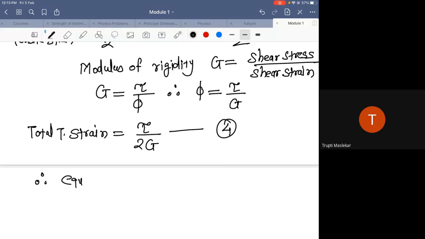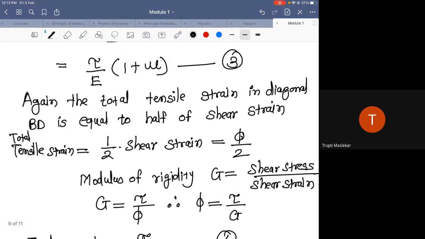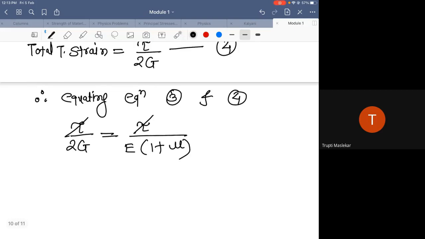Therefore, equating equation 3 and 4. So what I will get? Tau divided by 2G is equal to, from equation 3, tau divided by E into bracket 1 plus mu. Now tau gets cancelled, and if I shift this E to left hand side,